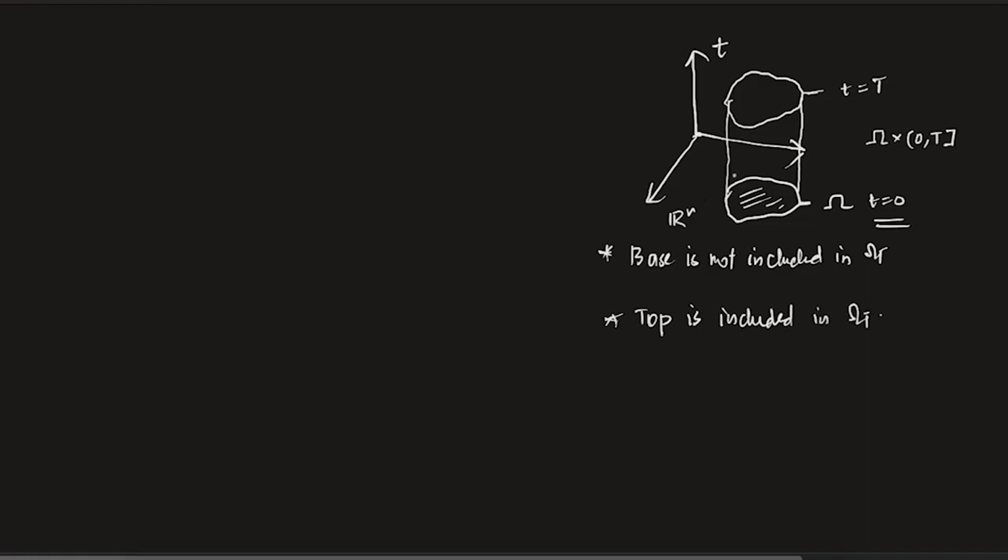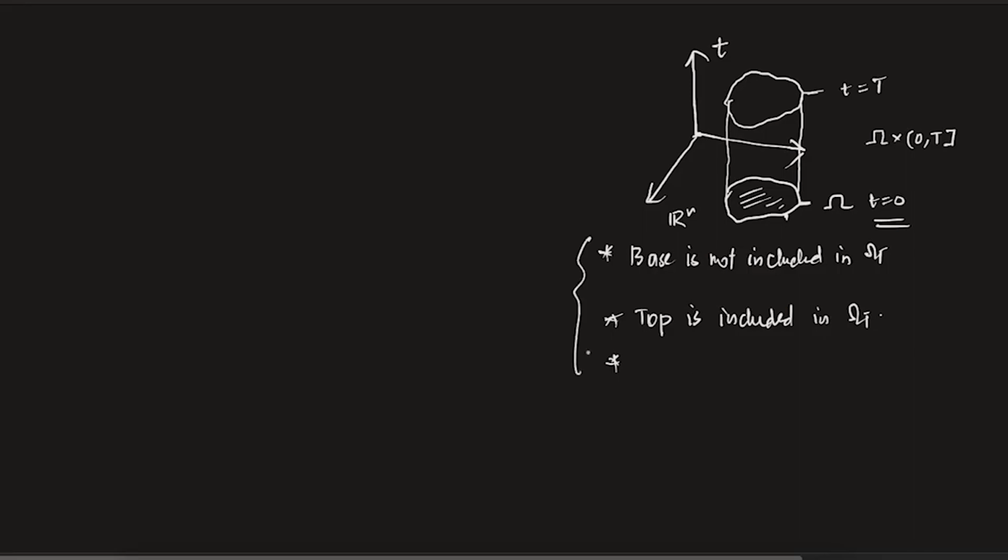Okay. Now let's see what else is included. Is this boundary included here? For t equals 0, is this boundary included here? Of course not. Why? Because omega does not contain the boundary. Omega does not have any right on the boundary. It contains points in the interior. It does not have any point in the boundary. So take any point on the boundary; that point is not included in omega t. So this particular line and the sides, is it there in omega t? Of course it is not included in omega t.